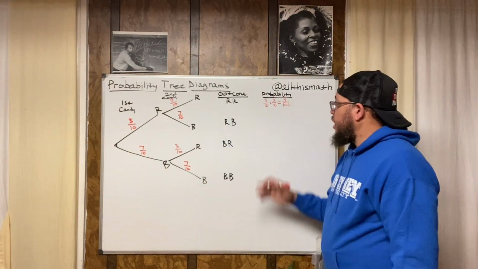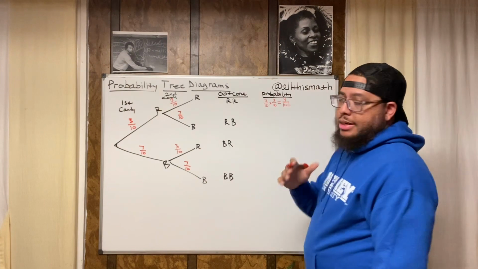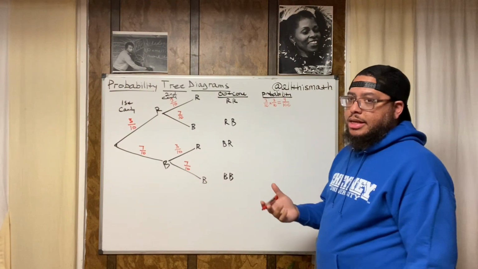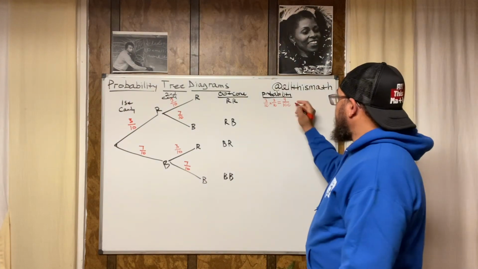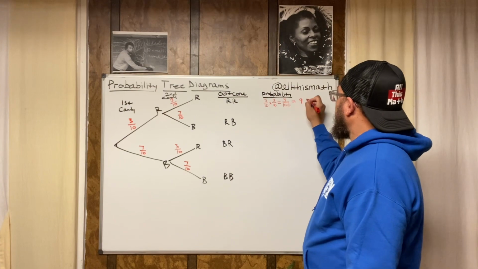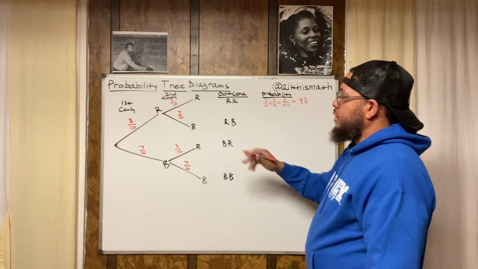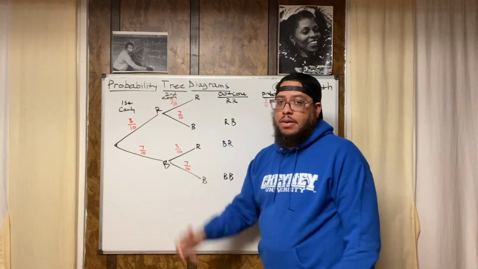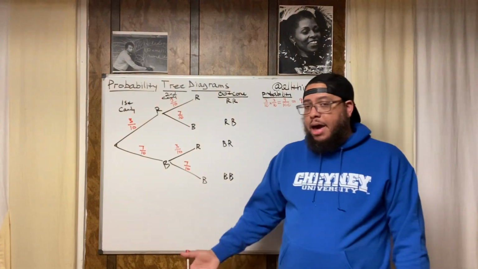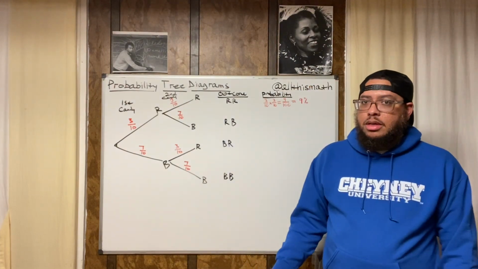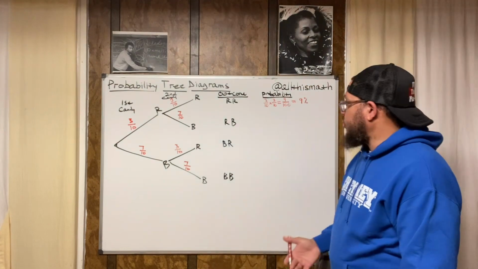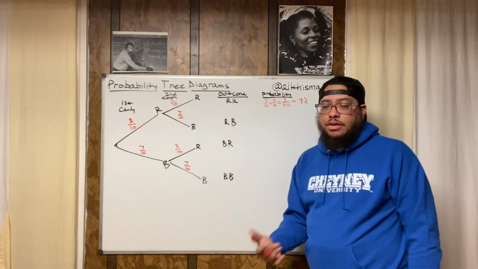That's kind of slim. If I convert this to not a decimal, but a percentage, well, I guess it is a decimal, then I convert that to a percentage. This will be 9%. So it's a 9% chance that she's going to pull out 2 red candies. That means it can happen, but it's a slim chance. It's not very likely, all right? That's why we study probability, to find out the likelihood of something happening.